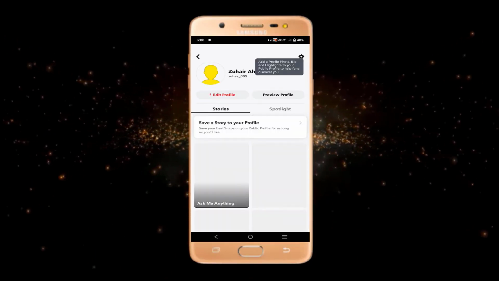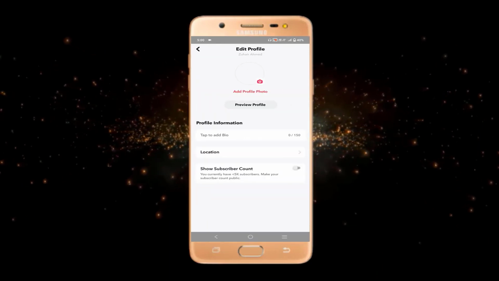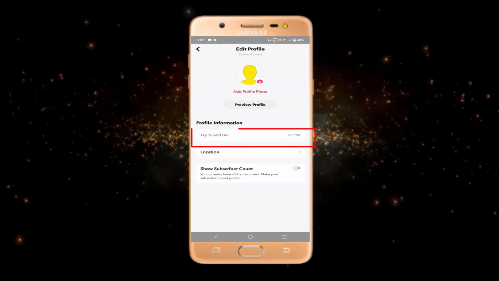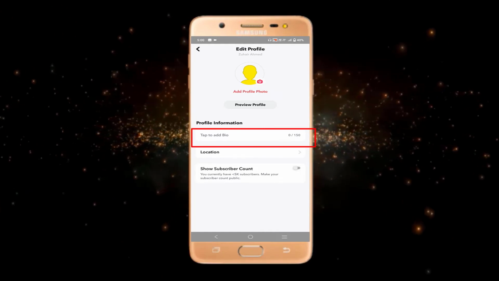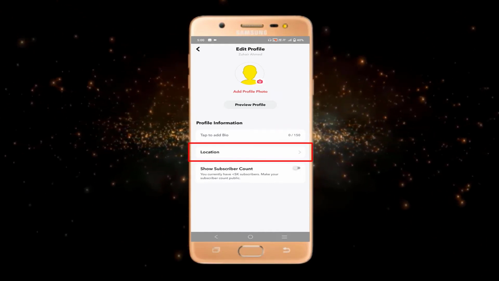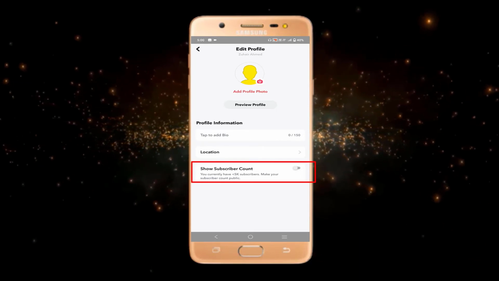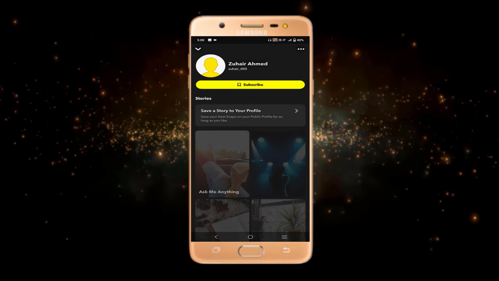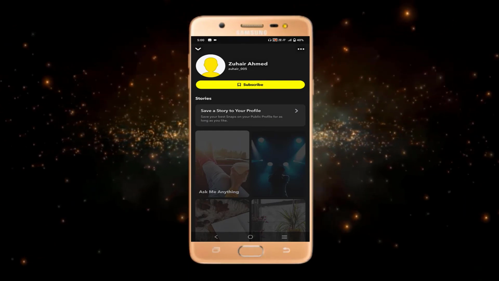So your public profile is created, and if you want to edit this profile, then you can go here and add a profile picture, write a bio here, and also add your location. And if you want to show your subscriber count, then you can do this also from these settings. From here if I go to this preview profile, then here you can see I have got the option of subscribe. So that's how you can get the subscribe button in